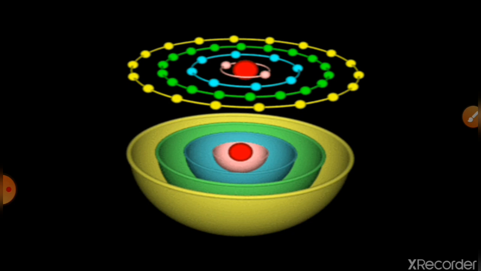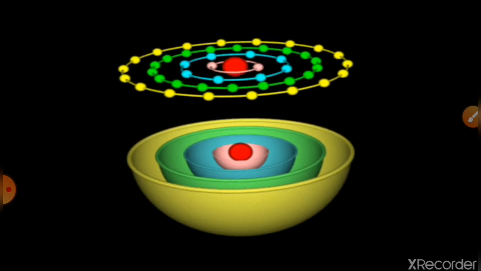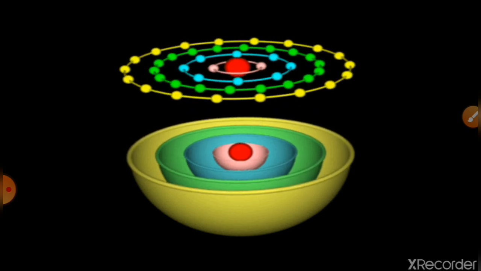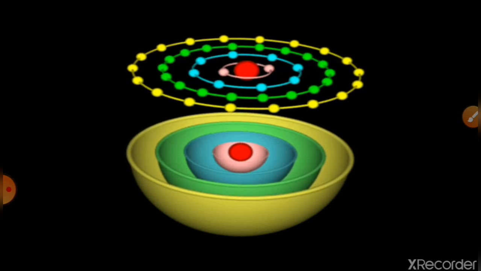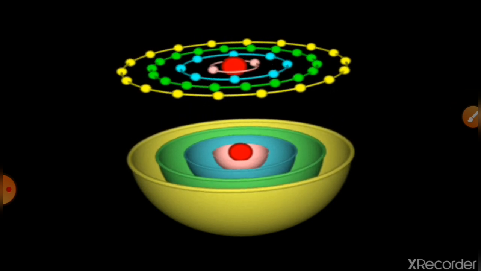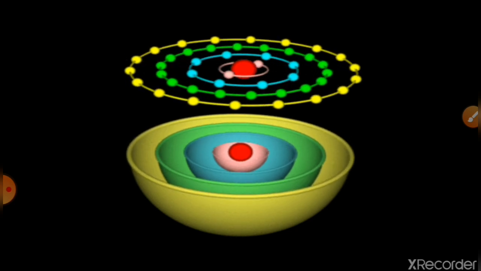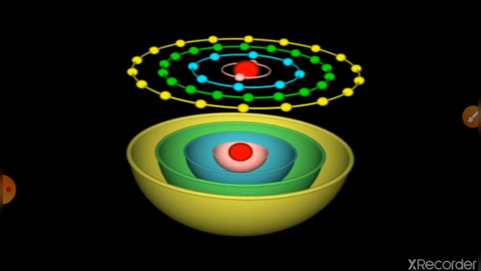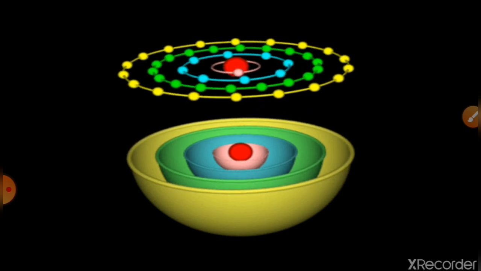You might remember that chapter inside the atom in the previous class. Here also it is the same as the solar system, the only difference is that in the solar system each orbit contains only a single planet, while here each orbit contains minimum 2 electrons. The smallest orbit is near the nucleus and contains only 2 electrons, and as the orbit increases, the number of electrons also increases.